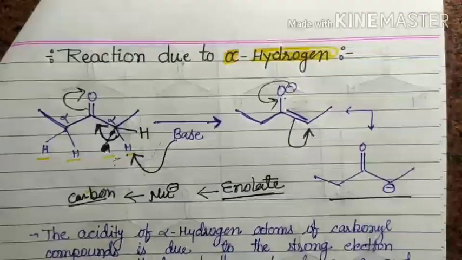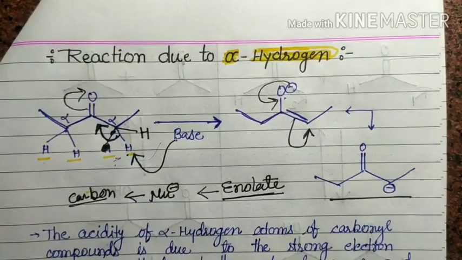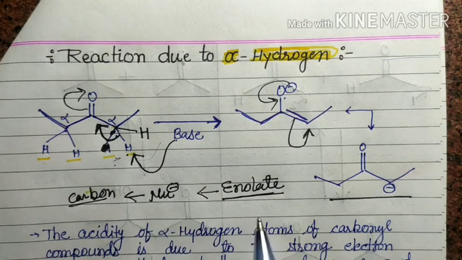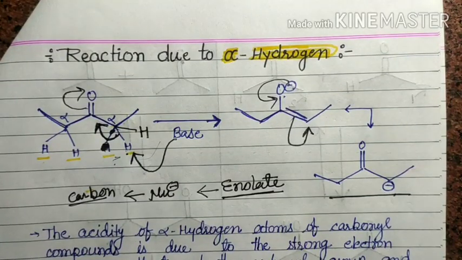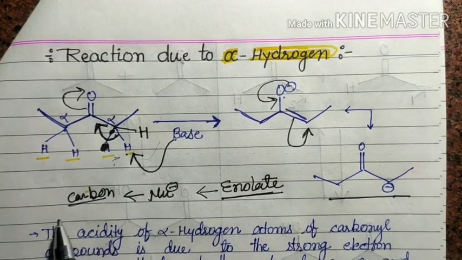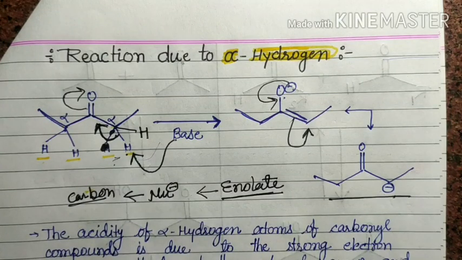So here you are able to find the number of alpha hydrogens and able to form the enolate, and you know how the enolate is formed. This enolate is the basis of the aldol condensation reaction, or aldol reaction, or cross aldol reaction. So this is the basic knowledge for aldol. I hope you are prepared for the aldol condensation.